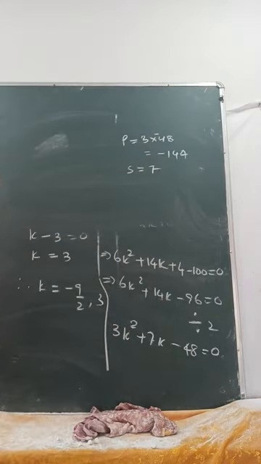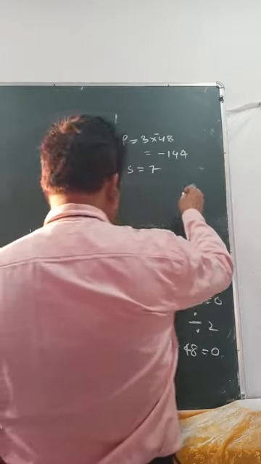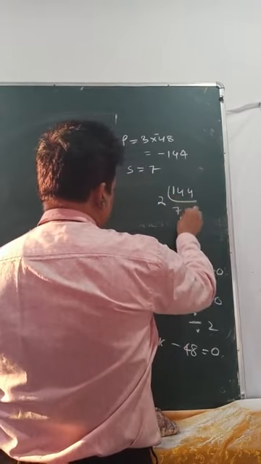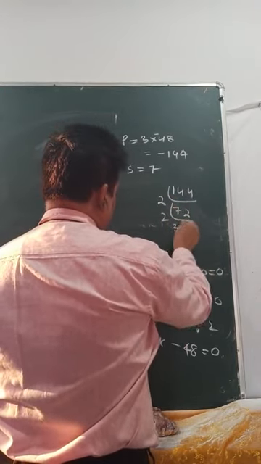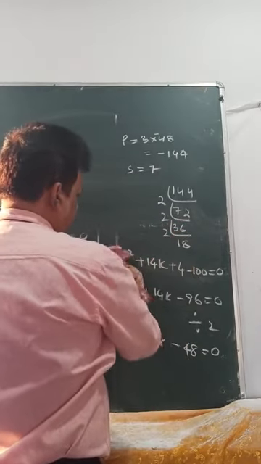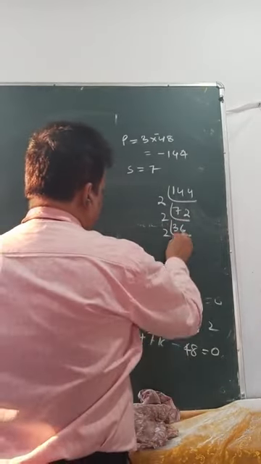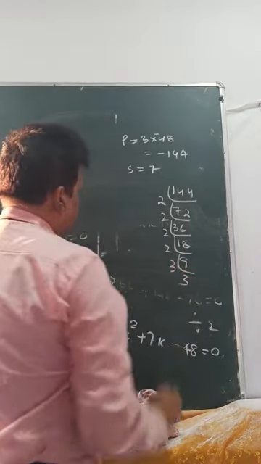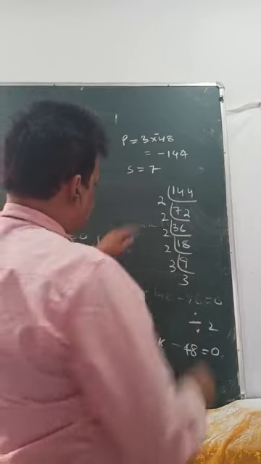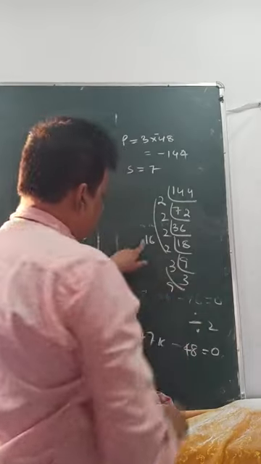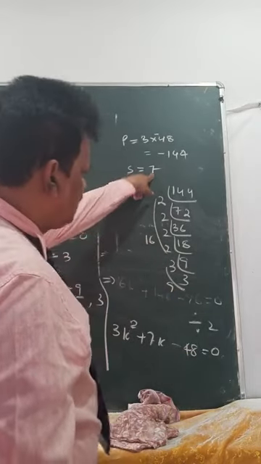So how to find it? Factors of 144: 2 and 72, 3 and 48, and so on. How to get 7? This is 16 and this is 9. 16 minus 9 is 7. So you will get